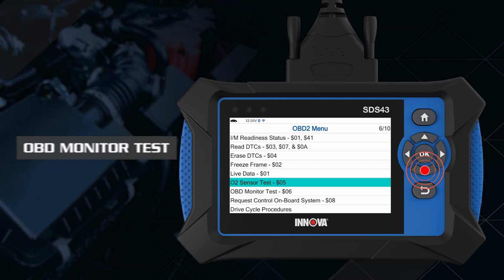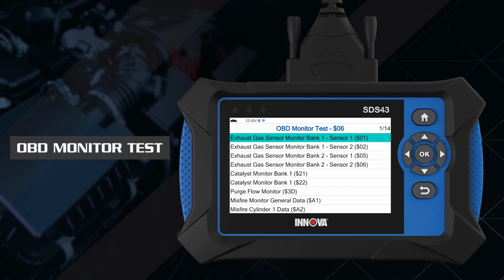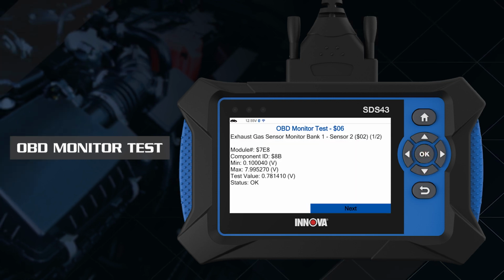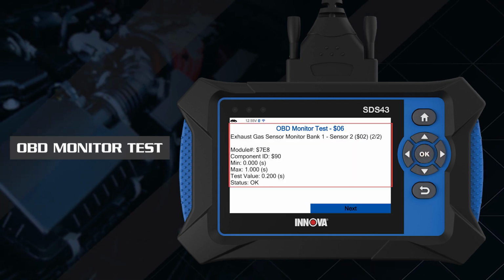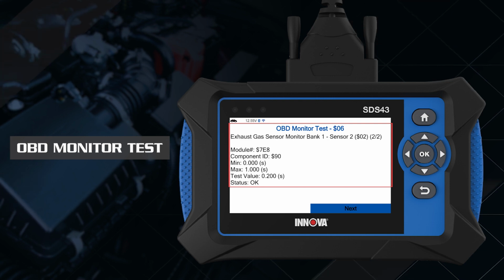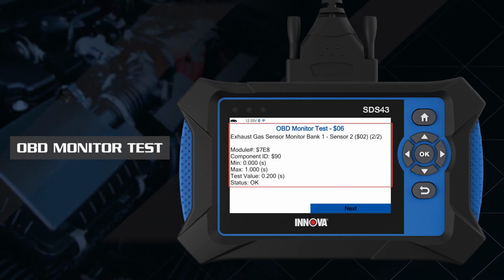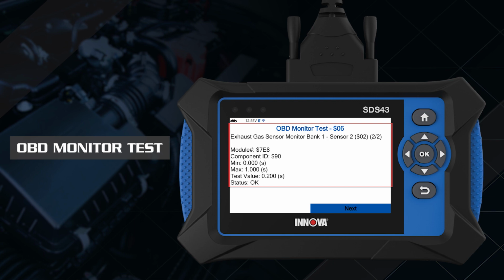The OBD Monitor Test, or Mode 6, are the diagnostic tests being performed for emission-related powertrain components and systems that are not continuously monitored. The tool retrieves pass or fail results from the most recently performed tests from the computer's